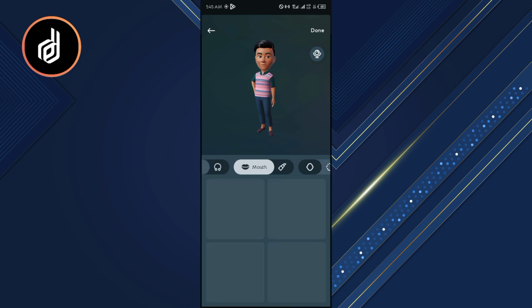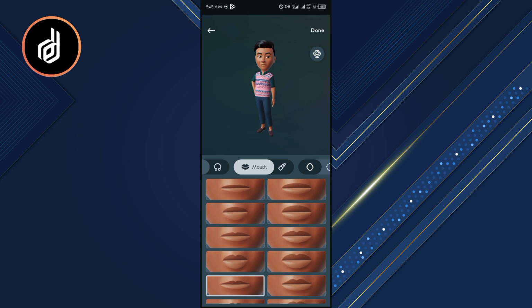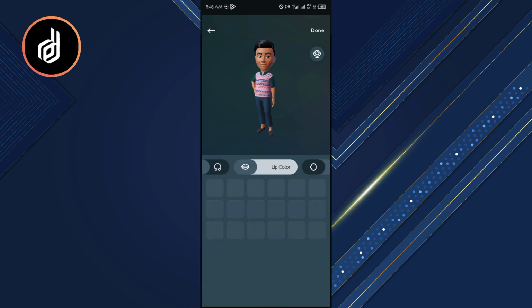So the next thing I'm going to do now is mouth shape. You're going to pick a shape of mouth that suits you, that you like. So currently I will choose that one, then I'll go to